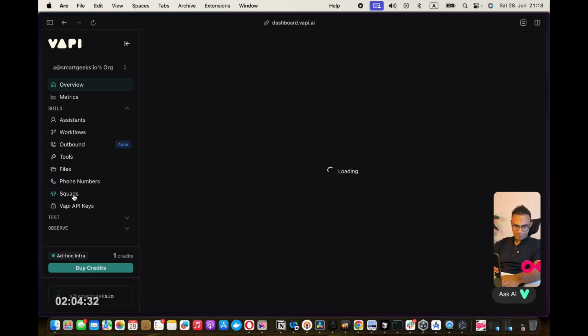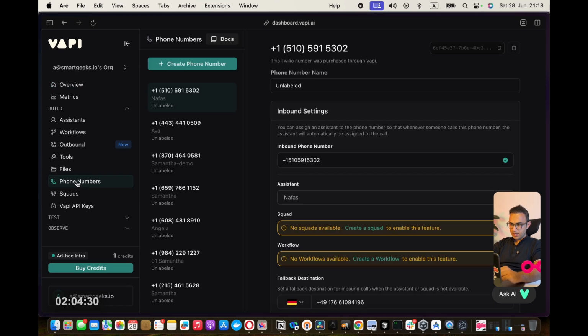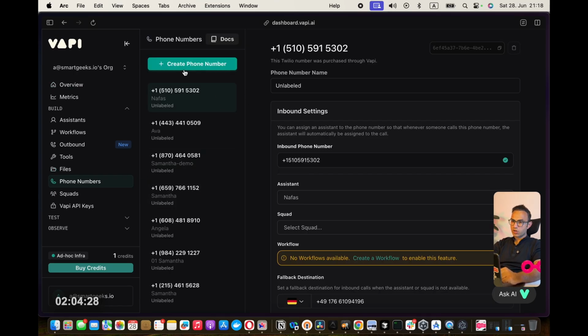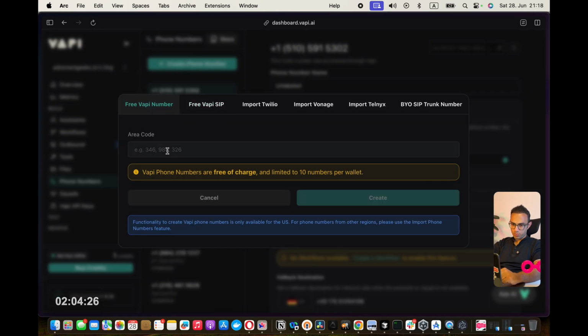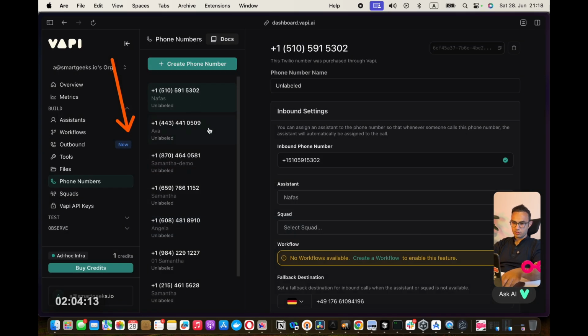Okay, so you can get a phone number from here. When I create a new phone number, you can see that I can create an American phone number, but I'm based in Germany, and usually for us it's very expensive to go with an American phone number. I do have my Samantha on an American phone number, but my contract, I think, is flat rate and I don't pay so much, and I also don't use it so much.